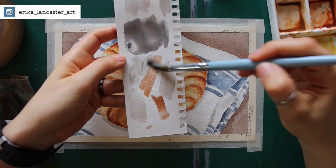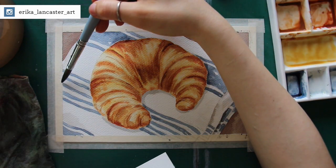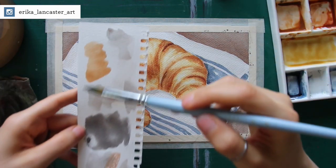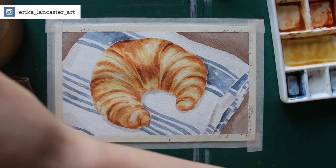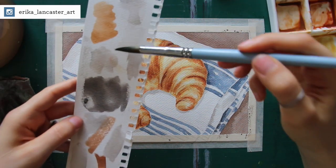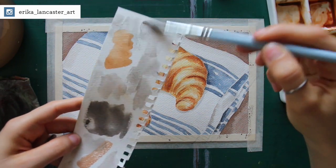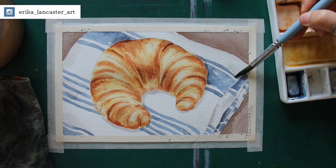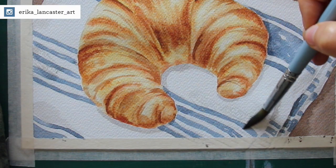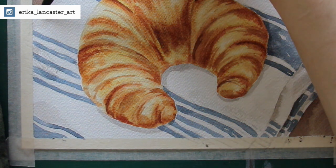I recommend shifting and changing the ratios of your two colors in your color mixture, and then testing out your color mixture on your scrap piece of watercolor paper to ensure that it looks gray before actually starting to paint in some very light gray sections on your towel or fabric. After doing that, I made sure to go in with a very, very light translucent version of this color, so